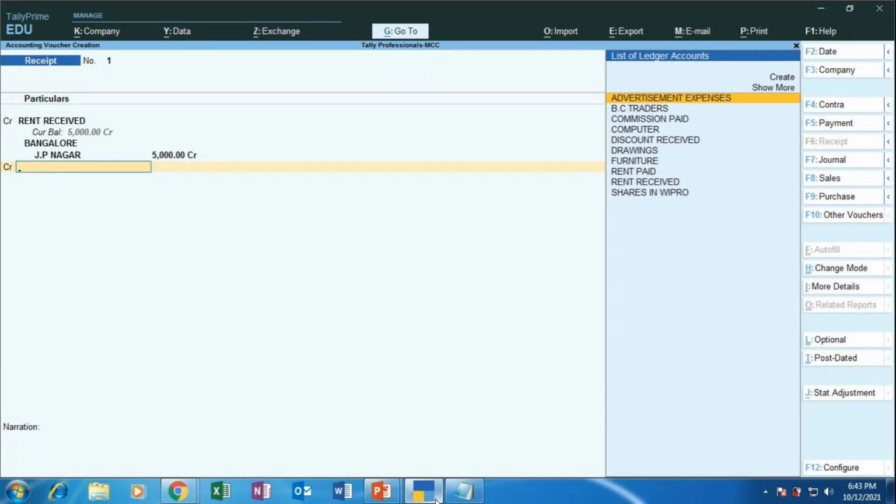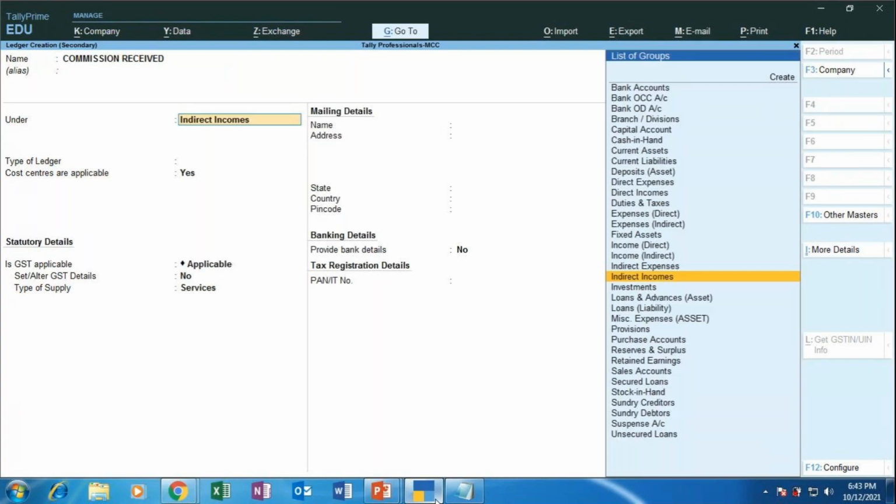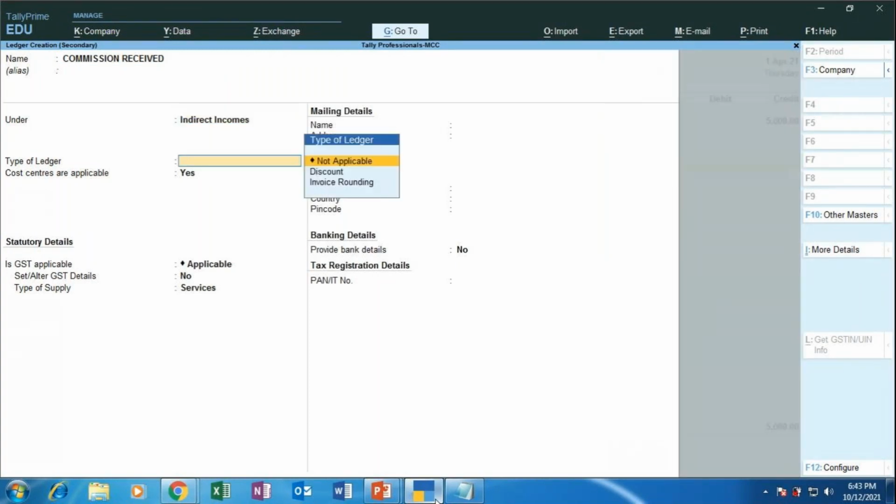Again there is no ledger in the list of ledgers. So what do we do? See, we go for the create option, commission received. Under the same group, indirect incomes, type of ledger not applicable, cost centers yes,